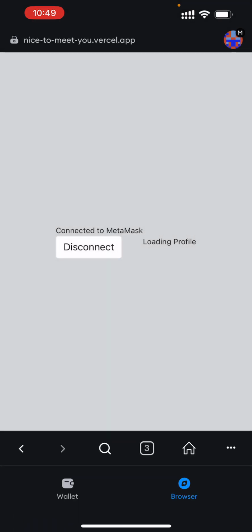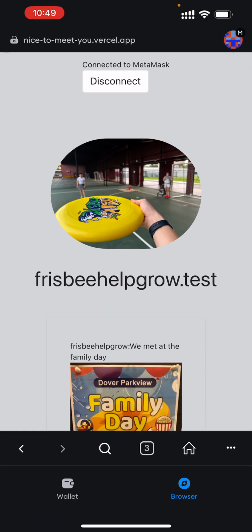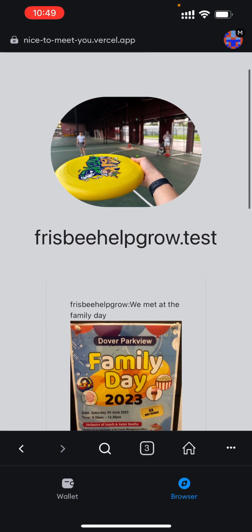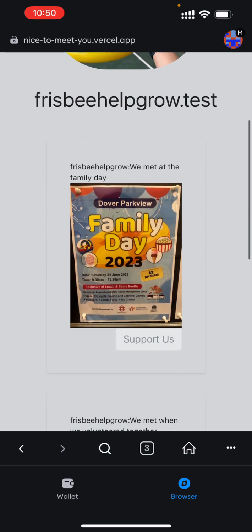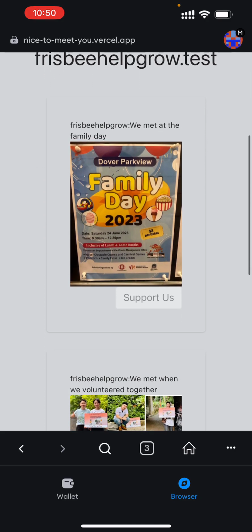Because we think that meeting each other is a kind of social behavior, we register using the Lens protocol API to integrate with Lens directly, so we can better integrate with the Lens ecosystem. So here we can see the Lens protocol handle and what we previously